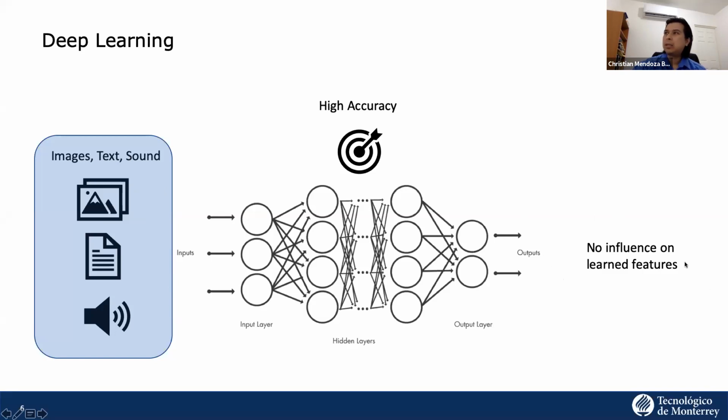And the last thing to mention about deep learning is that with these structures, we have no influence on what is being learned. What I mean by this is that we as programmers, we as humans, we as engineers, don't have a way to influence the weights that are being updated once new images come in, because this is an automatic process.